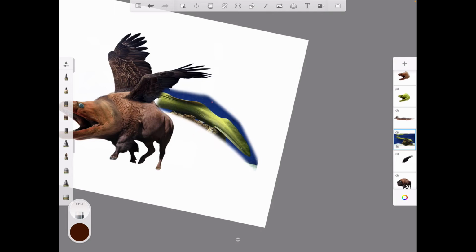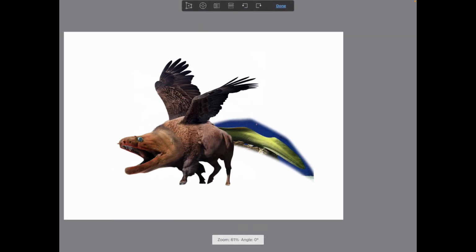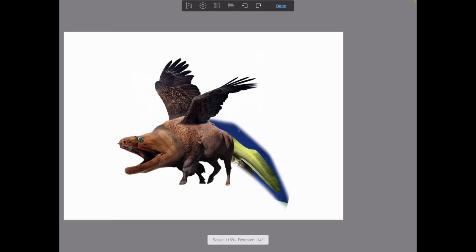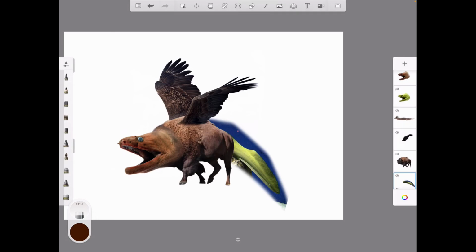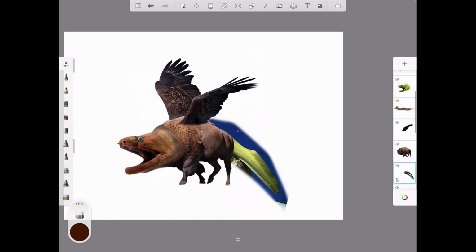So I can very quickly get rid of that now. Let's go ahead and move it behind the bison's body, and we'll transform it some more. We might even tilt it a little bit so it comes in line with the bison's spine. Maybe not that much, maybe about, yeah, it's looking like about the right length. Make it look believable. Okay, we'll say done, and just in case we'll duplicate it,